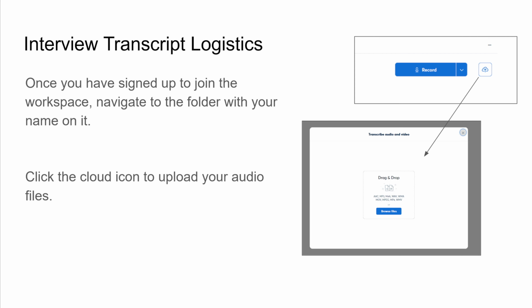We're going to have your audio from each interview, and we're going to upload that file into your folder on Otter.ai. When you upload it, it's automatically going to transcribe it for you and turn it into a Word document. You're going to click on that little cloud, and then you're going to drag and drop or upload each one of your files individually. One by one, don't upload multiple at a time. Each file is going to get its own Word document. We don't want to upload multiple files and then have all of our transcripts mixed up together. So upload one file at a time, let it make a transcript for you, and then